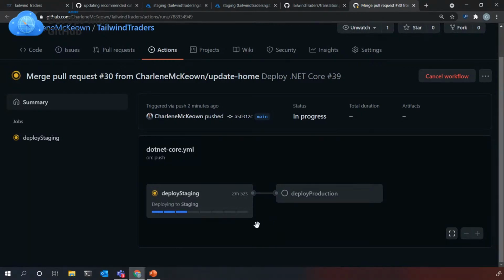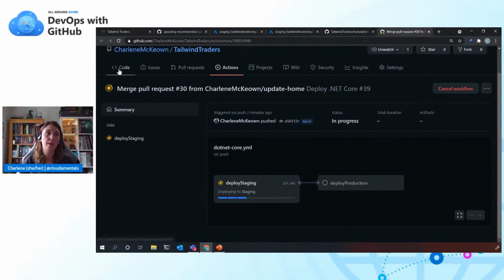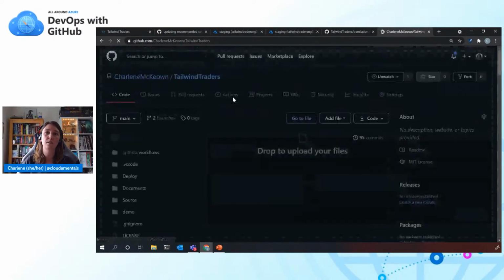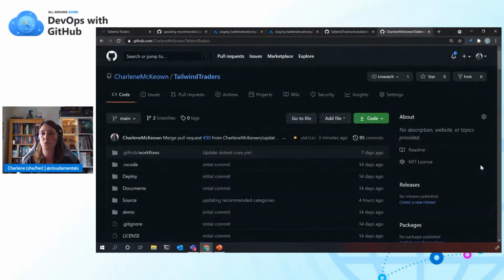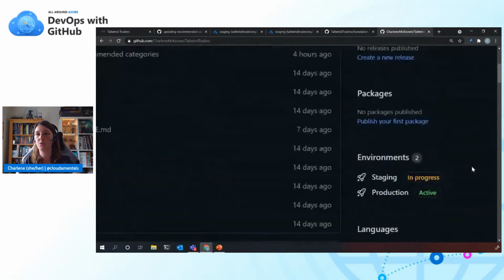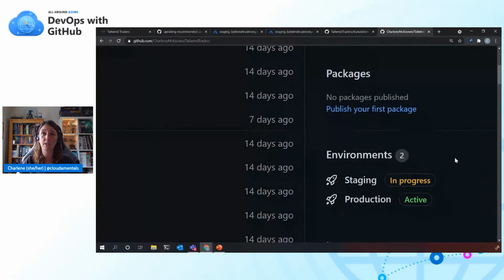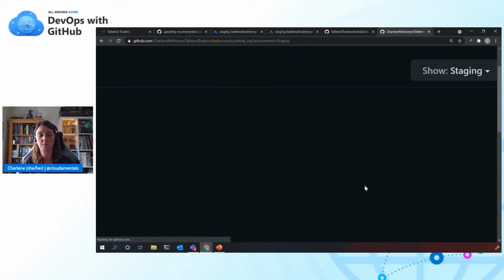So I mentioned GitHub environments. So I want to just come back out to the homepage to show you this in a bit more detail. If I scroll down and zoom in just on the right-hand side here, you'll see I've configured two environments, one called staging, and we can see that we've got that deployment that we've just kicked off in progress. And we've got a production environment as well, which has a deployment already active there. So if I click through to staging, for example,